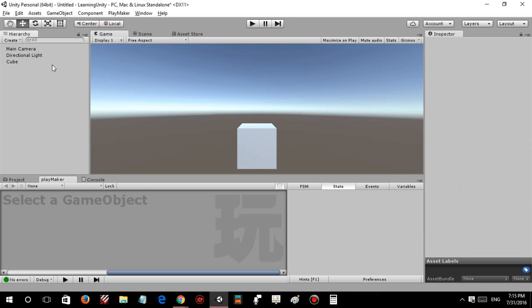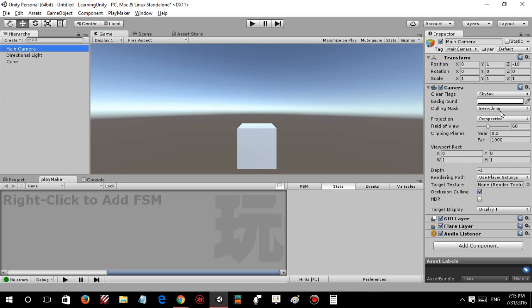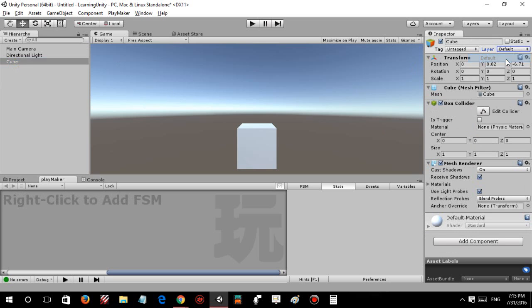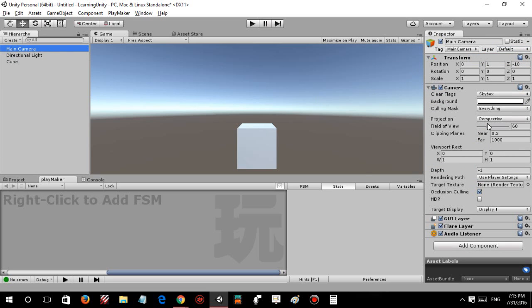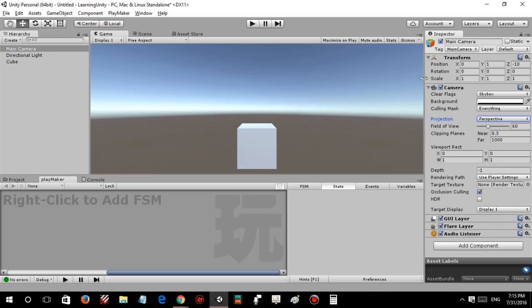As I set the layer of the cube to invisible, we cannot see it if we deselect this one. So I'll go back to everything and I'll set the cube to default layer. Now we're gonna look at projection. Projection is basically 2D and 3D view of the camera, and we have a field of view